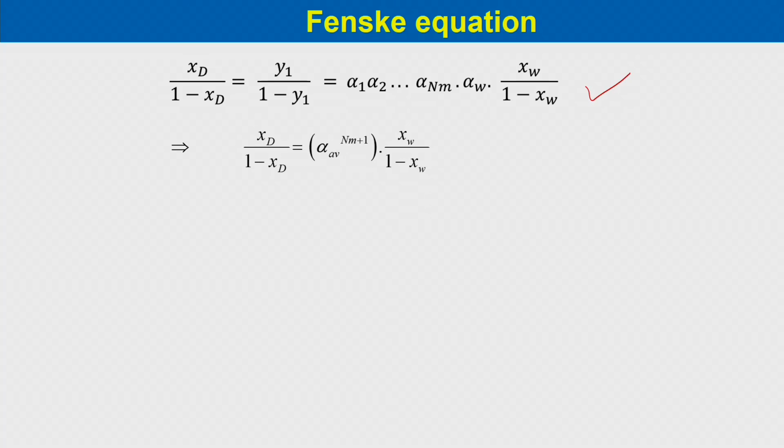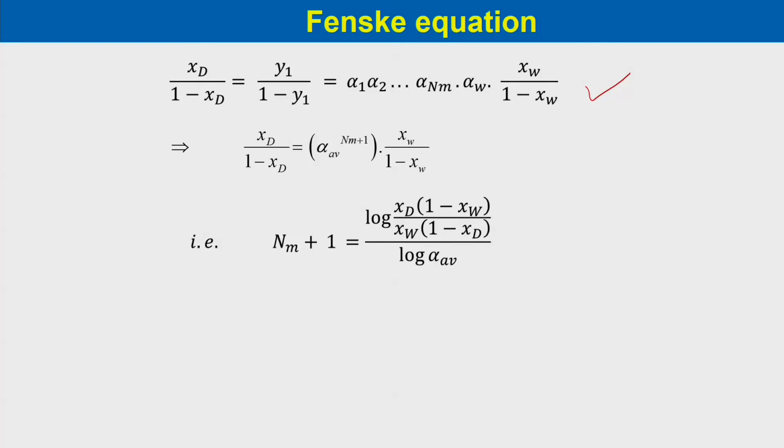We can simplify it as x_d by 1 minus x_d is equal to alpha average to the power n_m plus 1 into x_w divided by 1 minus x_w. If we just rearrange this equation, this would be alpha average to the power n_m plus 1